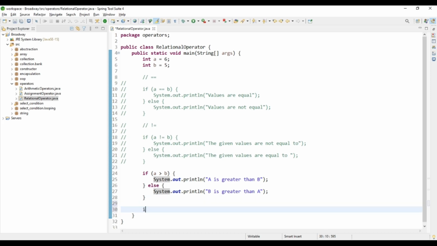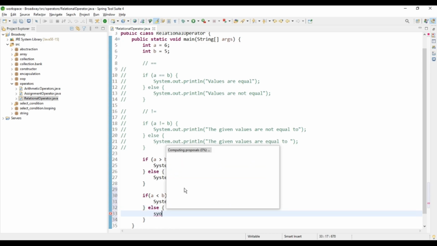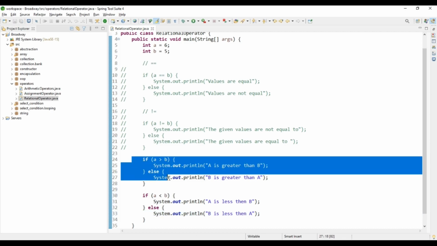Similarly, we can check less than. We use less than operator. A is less than b, else b is less than a. Let's comment it out